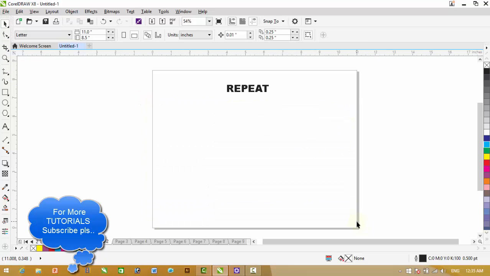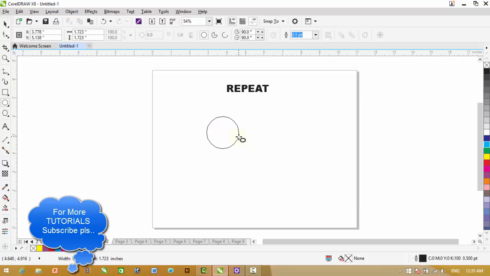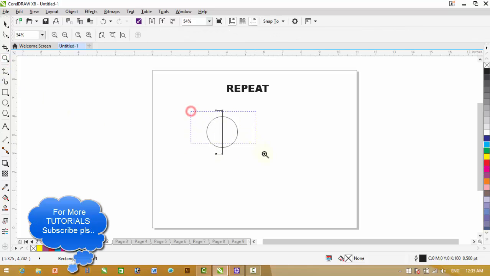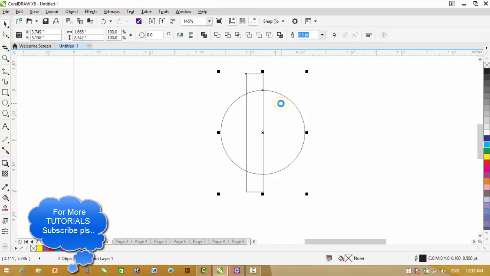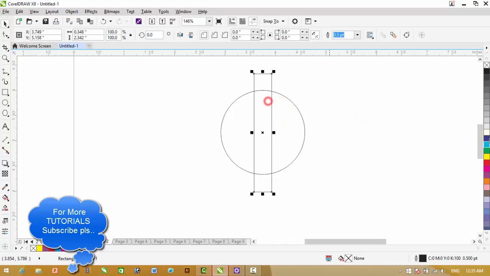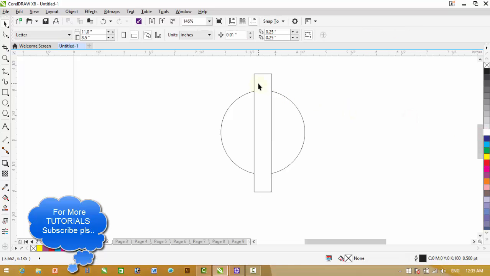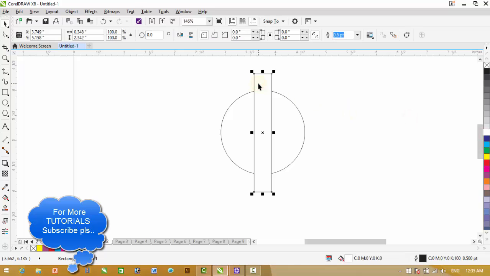Here is another example of the combination of repeat and duplicate commands. Also, you can see how easily we can create a shape like a gear. Here are two objects, fill some color in it. Now I want to rotate this object, and you will see how easily I can do it.